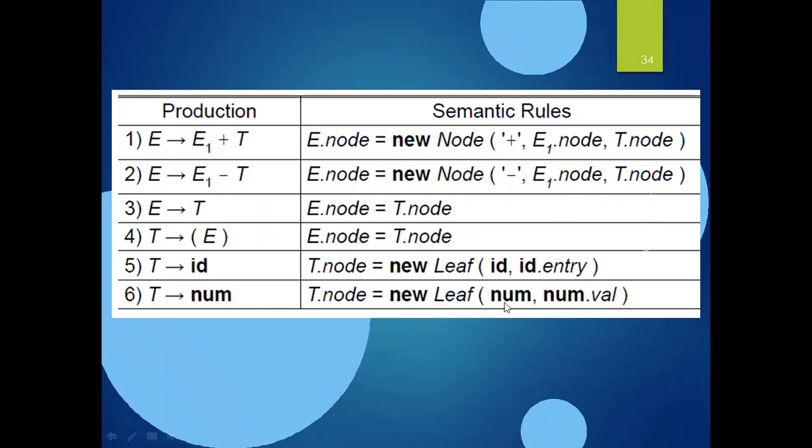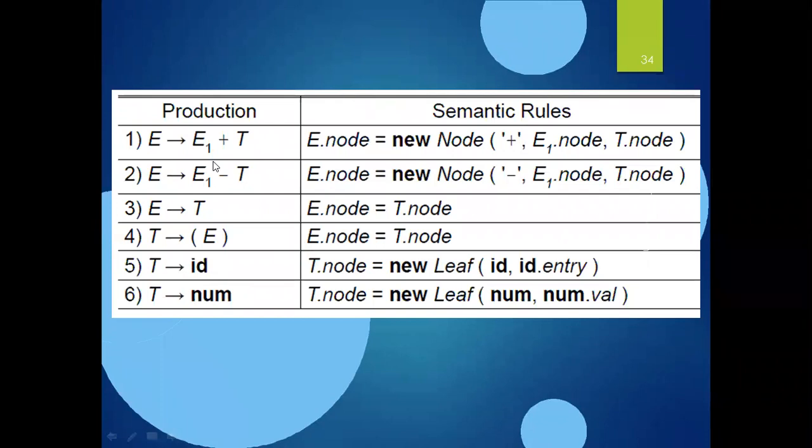If we are having an expression like, for example, x plus y minus z, like that we are having an expression. It should be a meaningful input string. We should not take wrong input strings, and we should not construct abstract syntax trees for them. It should be meaningful, and it should be generated from the given grammar. That's why I am checking here.